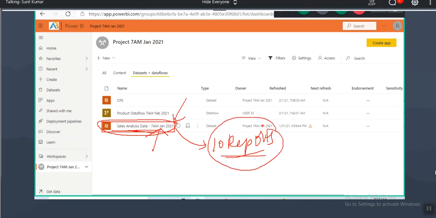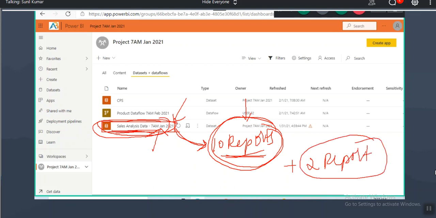Whatever I need to show in the 10 reports, based on that I prepared the data set. At the time of starting my project, the scope of the project is 10 reports, guys. Now later on, on top of the same data set, I want to create 2 more reports. To create these 2 more reports, the tables which are there in the data set might be sufficient or not. We cannot guarantee whether it is sufficient or not. Right?